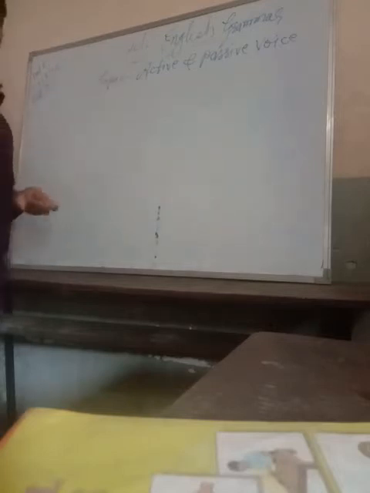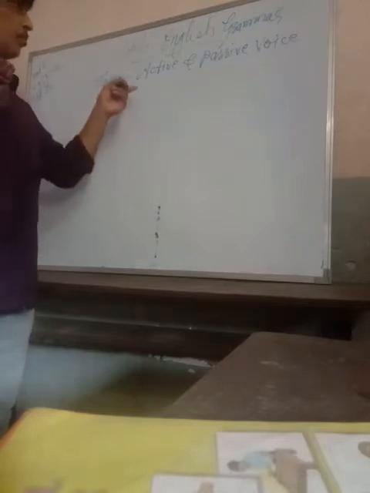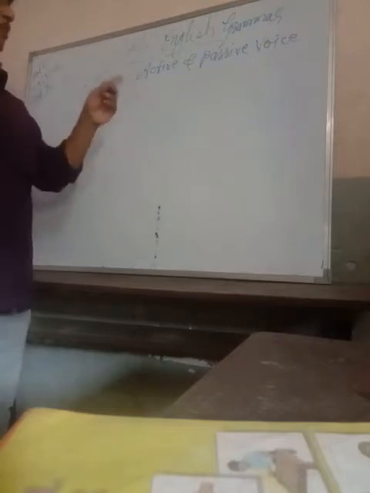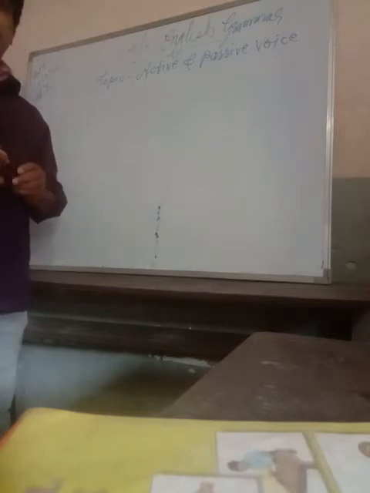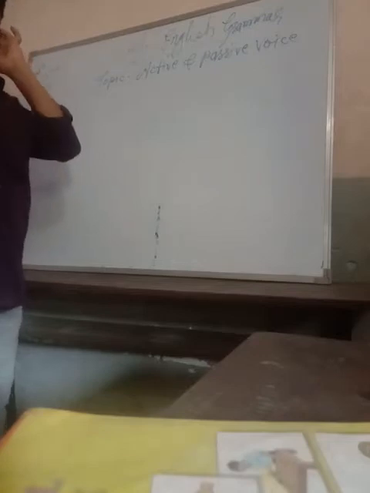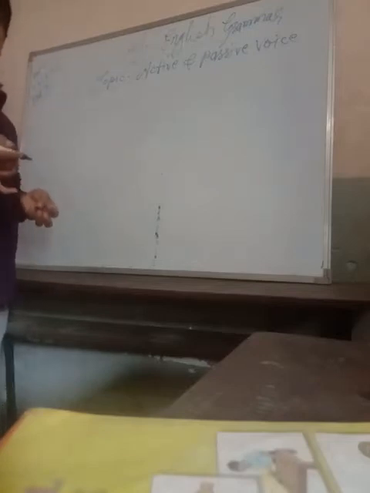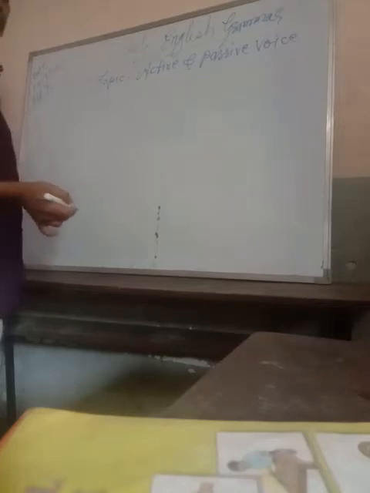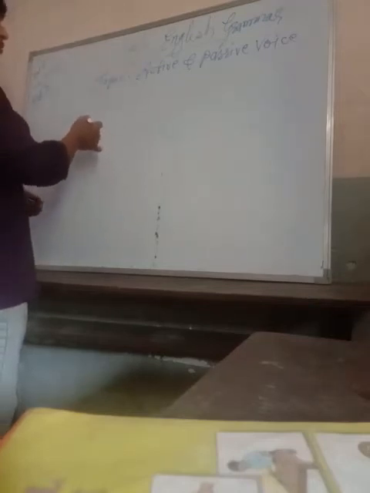So active and passive voice, as you know that the statements are divided into two parts. One of them is called the active and the other one is called the passive voice, and how they are made. Actually we are going to learn this thing from this video. Now look here, we are going to learn them tense wise. Tenses are very important to learn active and passive voice.